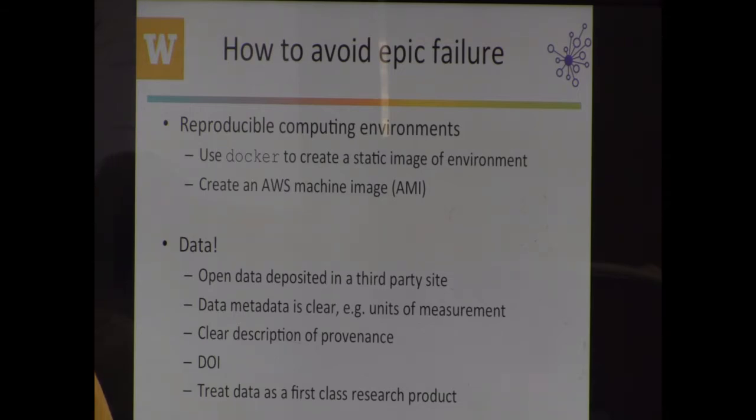And then, of course, data. If I can't get your data, I almost certainly can't reproduce your study precisely. So open data is a super important thing. I do omics stuff, and I'm so lucky because the National Library of Medicine, NCBI, has created all these databases, and almost any data I generate, I can just give to them and get a DOI, a unique identifier for it, and it's saved in perpetuity. I think you folks are probably not so lucky in general. So finding some kind of third-party site that can store your data is incredibly important.